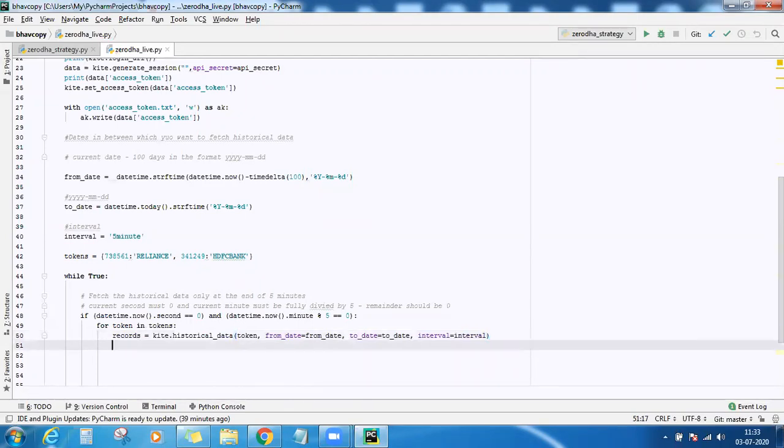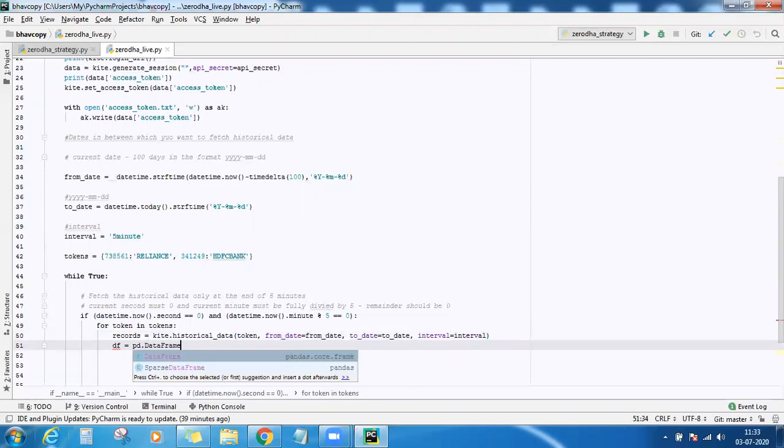So this records has your historical data now. Now, since we want to calculate the indicator values, we have to convert that into a data frame. So we'll take the help of pandas for the same and provide records.